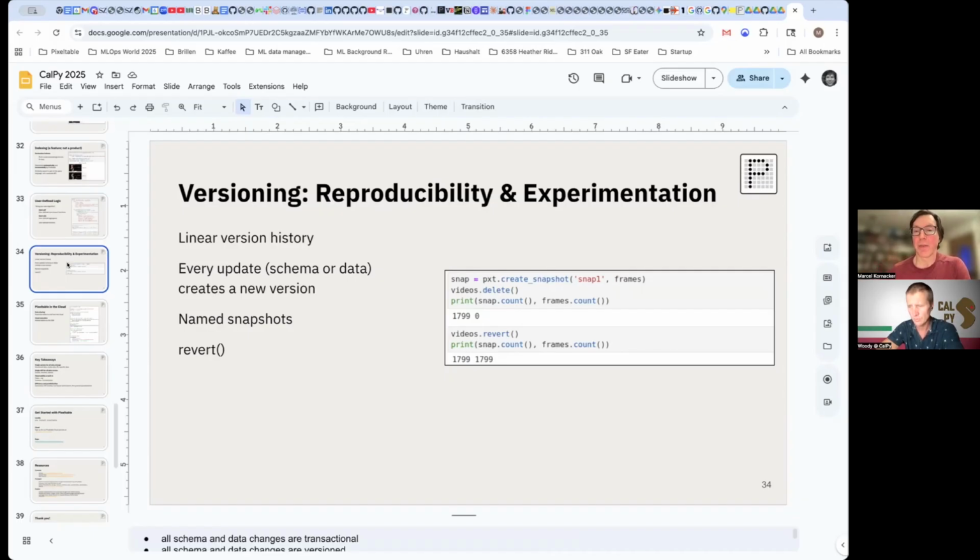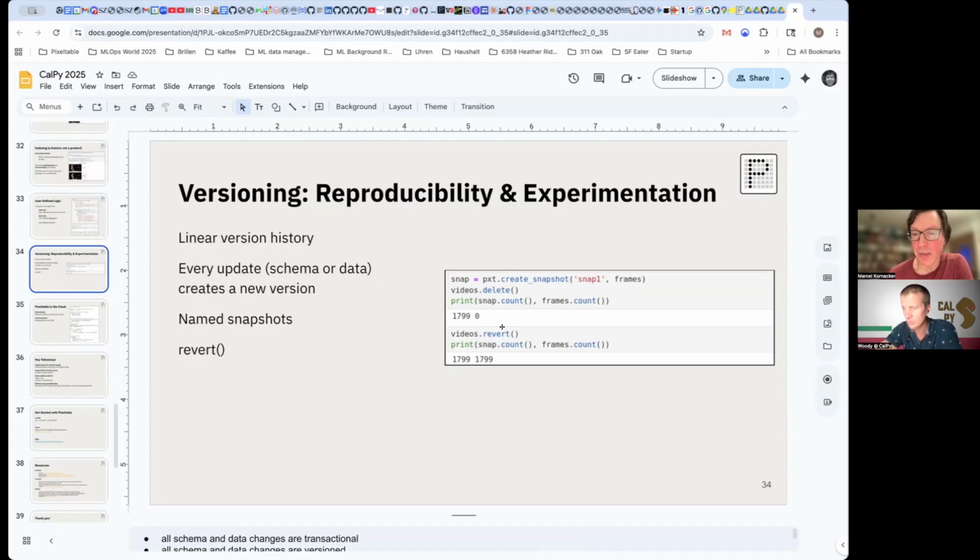So here on the right-hand side, we're creating a snapshot of the frames table, and then we're deleting data. Frames was a view defined on a table called videos. We're creating a snapshot of the view. We are now deleting all of the data in videos. And so that means that the view frames now also has no more data left.